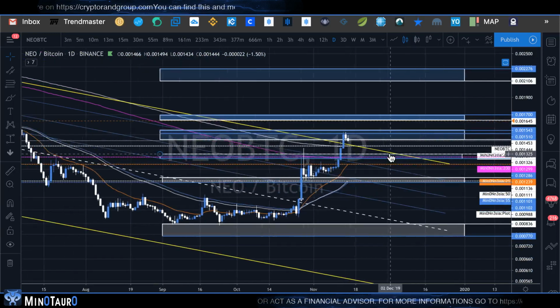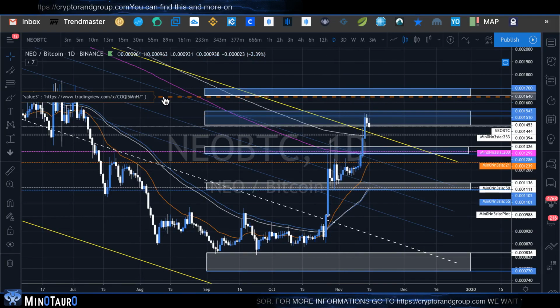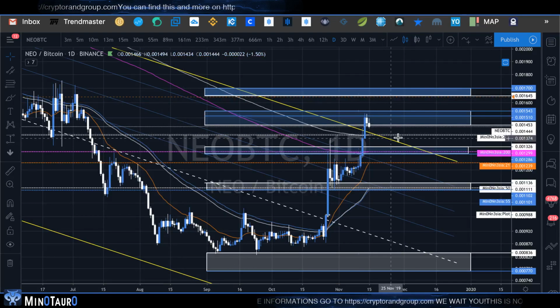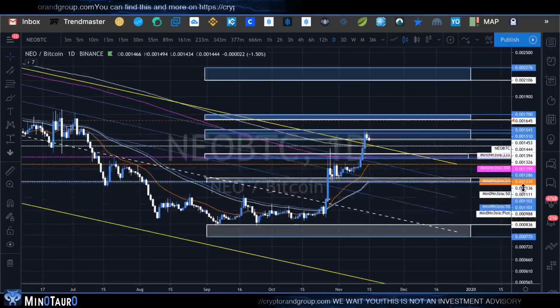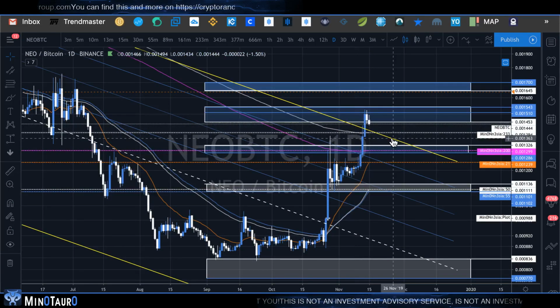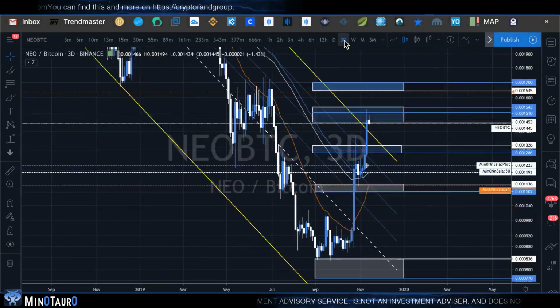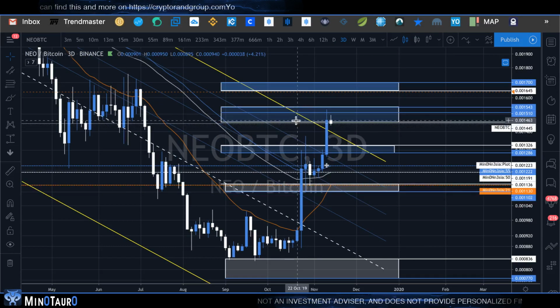We have this target. This is the target I had in my mind. You can see there is also the hour alert for the group. There are more targets over, but I want to see how the retest of the downtrend channel will work. Probably 1 day and 3 days. You can see the 3 days is more